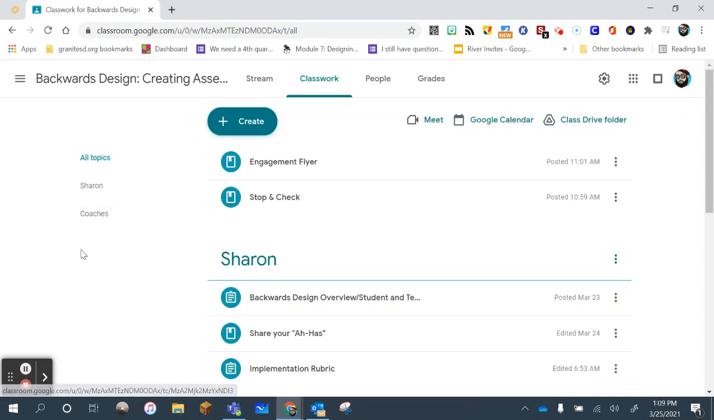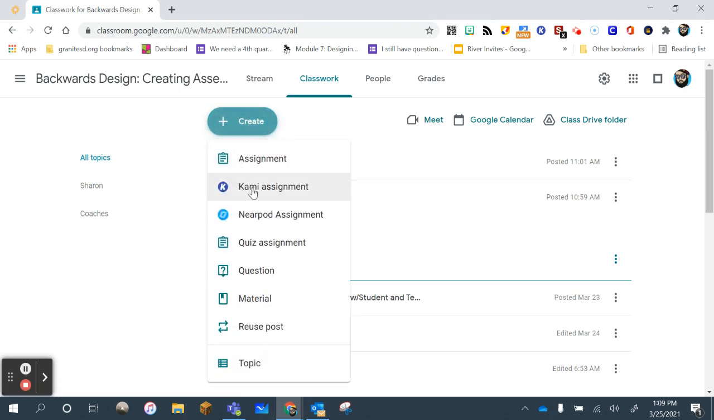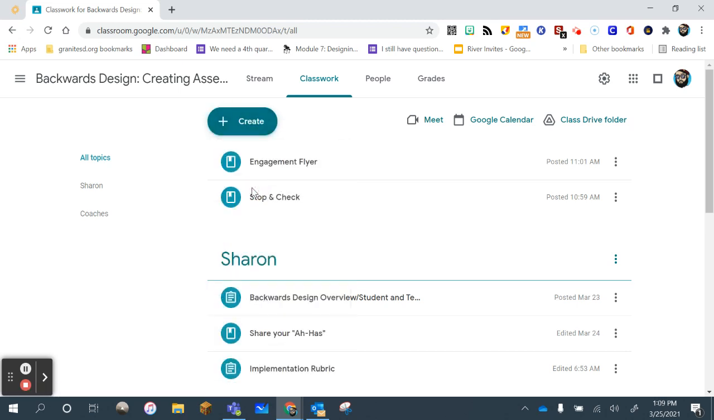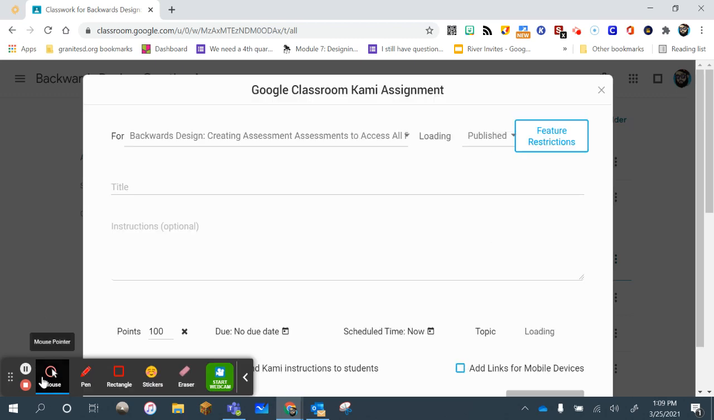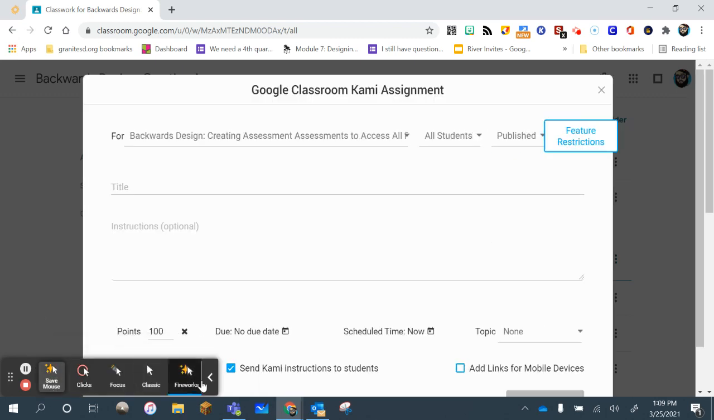Okay, creating an assignment with Kami in Google Classroom. In your classwork as a teacher, you're going to click Create. You're going to click Kami Assignment. It's going to load. While we're doing that, I'm going to change my mouse to be Fireworks because it's new